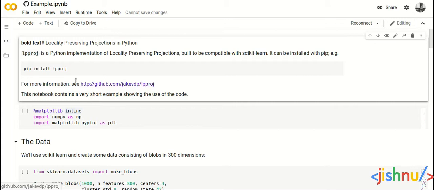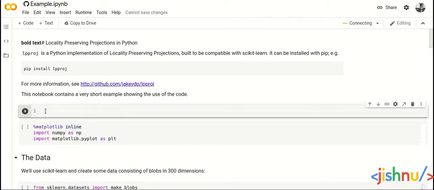So first of all, let us connect this notebook to an online instance. Meanwhile, let's install lppproj.